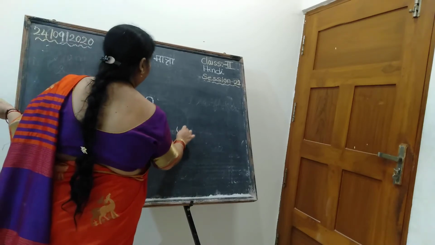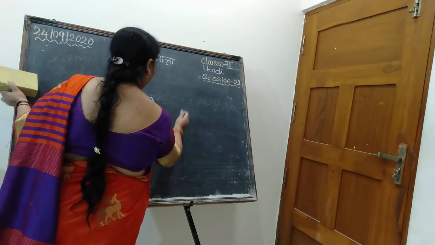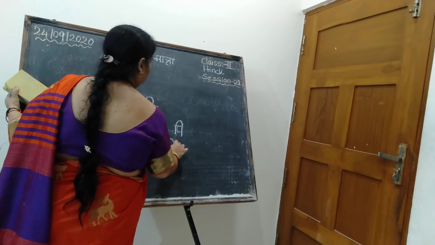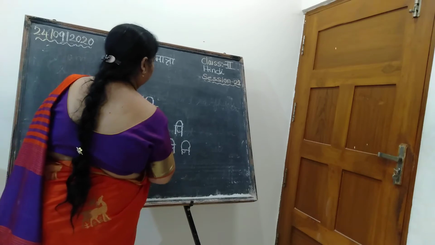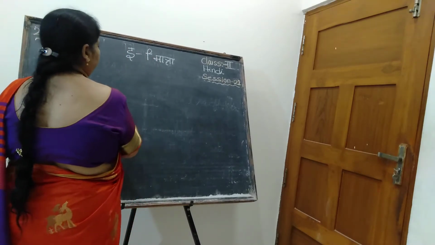Take any letter. If you take pa, yes. Don't drag the letter from here. Then you go with this line. This is enough. Okay, pi, mi, ni. If you write like this, the matra stroke will go wrong. Okay, so write very neat handwriting. A matra and choti ki matra.